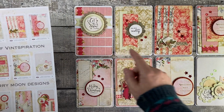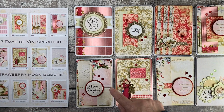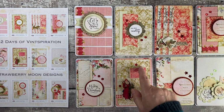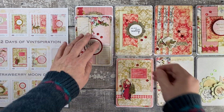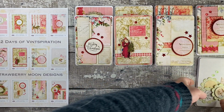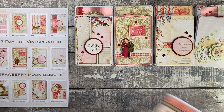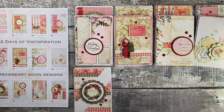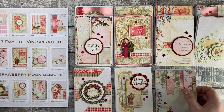Now these cards have been designed for a paper crafting group on Facebook called Paper Crafting with Strawberry Moon Designs, and these are 12 card designs that I have created specifically for posting at Christmas time. However, you can adapt them and use them throughout the year, but they are based on 4x6 cards, and I